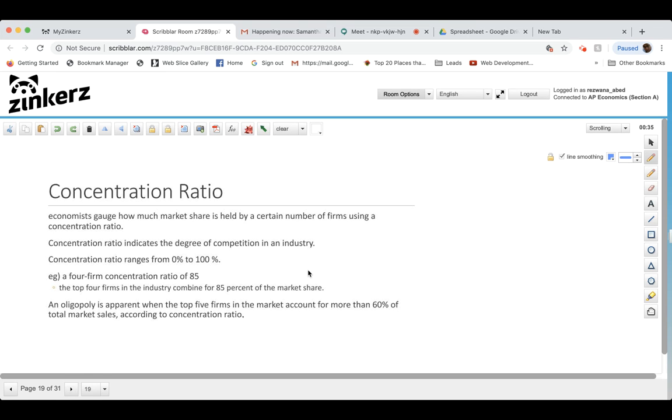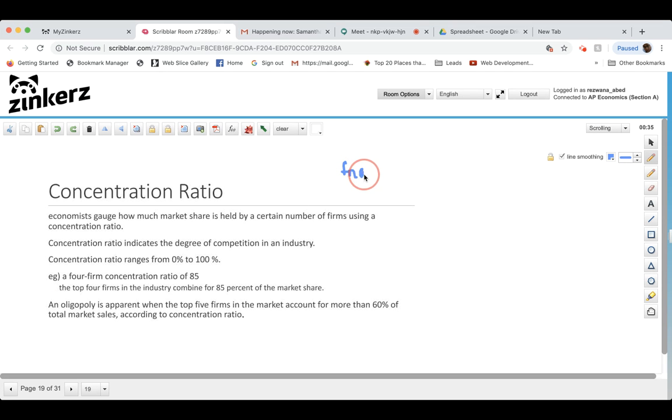It indicates the degree of competition in an oligopoly industry, and these numbers can range from 0% to 100%. What the concentration ratio really tells us is the fraction of total industry activity